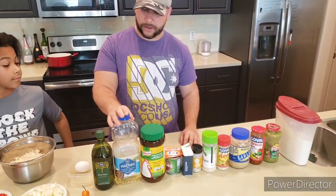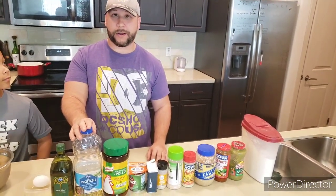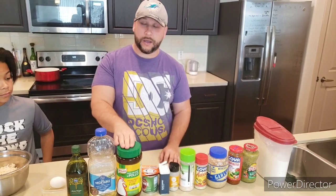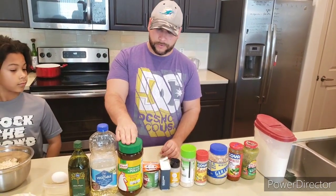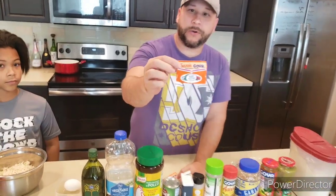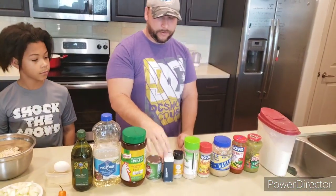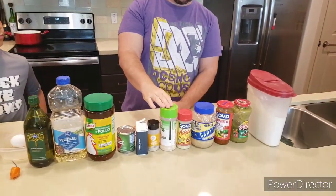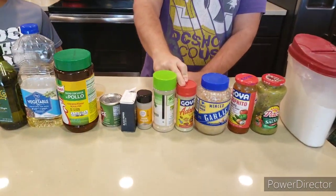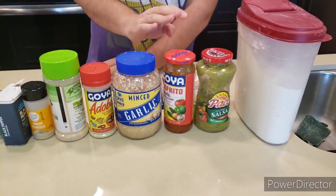And we're gonna have vegetable oil if you use it for frying. We're gonna do it frying and also some for baking. We're gonna have a chicken bouillon. You have tomato sauce. We have 1 or 2 packets of sazon, black pepper, onion powder, garlic powder, adobo, minced garlic, sofrito, and